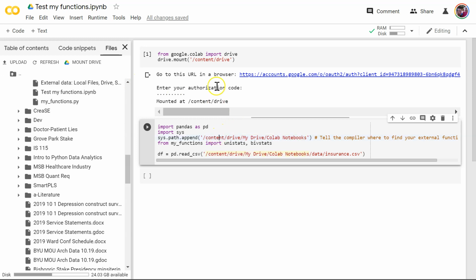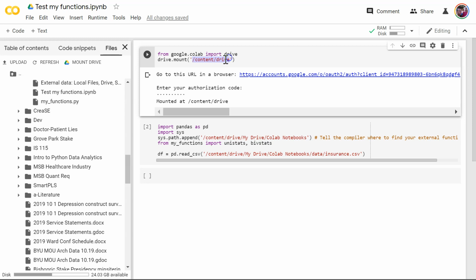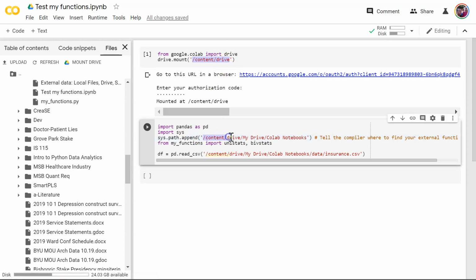So up here, I went to content drive, and I actually probably could change that and just go ahead and mount that one directly all the way to my Drive Colab notebooks to save myself a bit of time. But anyway, if not, this works too. So sys.path.append and point it all the way here to Colab notebooks. Then from myfunctions import, and I just list the functions that I want to import. So I'm pulling in the Unistats function, the Biostats function. Then I'm going to read this in,